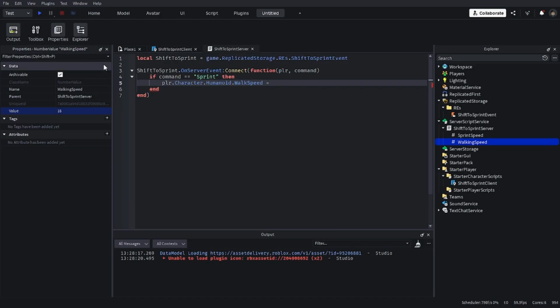And do, now back to this line 5, do player.Character.Humanoid.WalkSpeed equals script.SprintSpeed.Value,